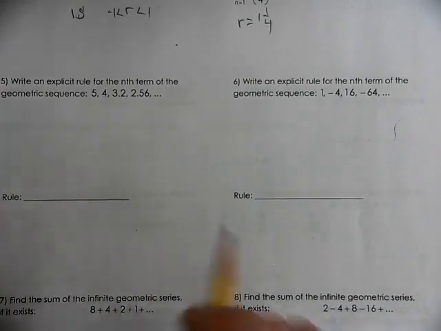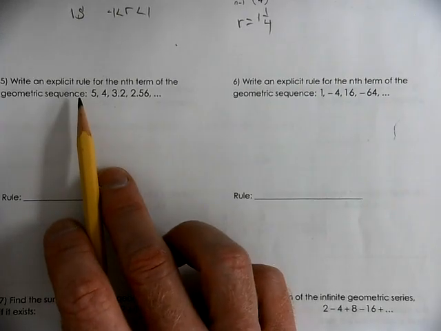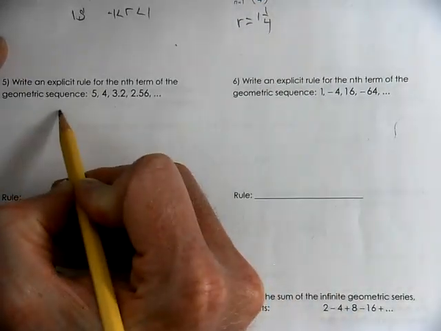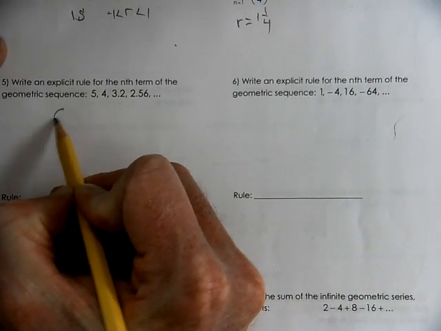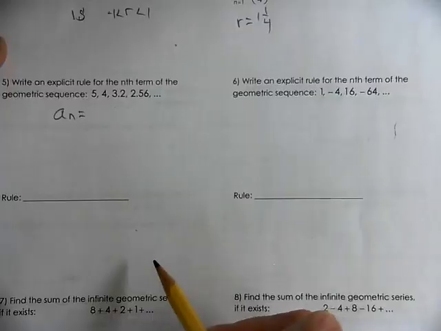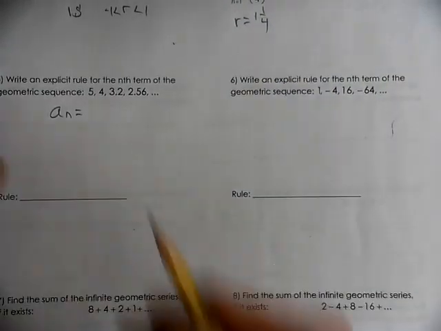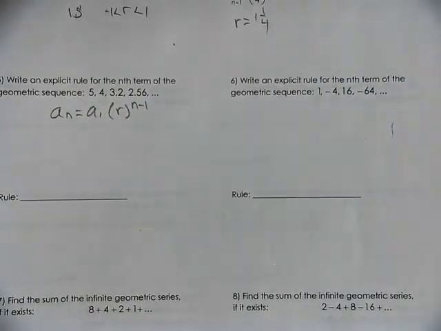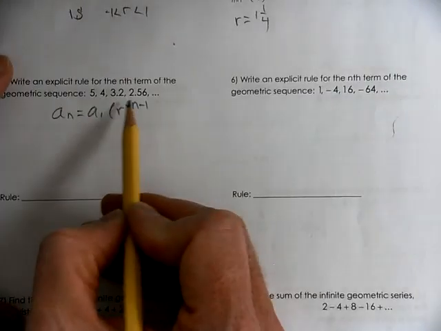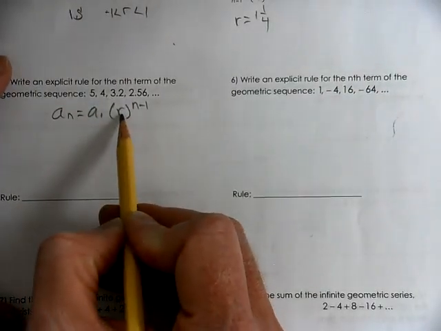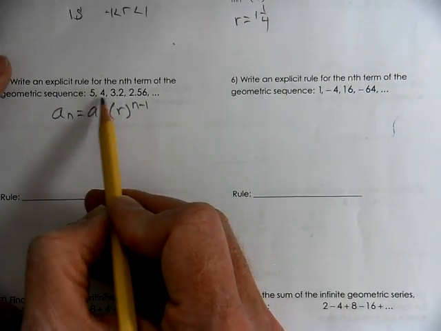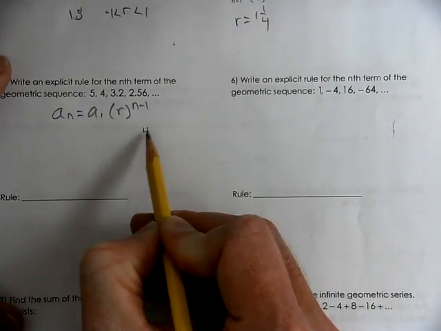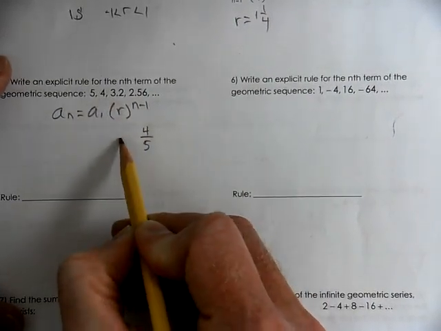Write an explicit rule for the nth term of the geometric series. So an explicit rule is a of 1 times r to the n minus 1. That seems right. So now what we don't know is what is our r value. So our r value is the term divided by the one before it. So 4 over 5 should be our